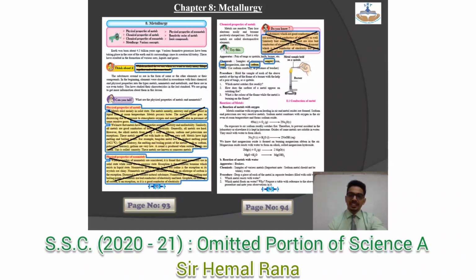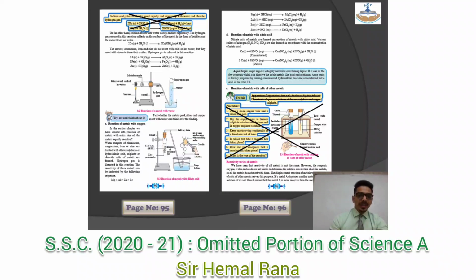Now students, on page 94 itself, when you have this activity, try this, this activity is complete. But when you talk about the chemical properties, you don't have to study about copper. This copper has been removed. Your lead has been removed. And your sodium has been removed. These three elements are not there. Remaining everything you are going to have for your exams. On page 95, the first two lines along with the two chemical equations, this part has been removed. Other than that, everything remains the same.